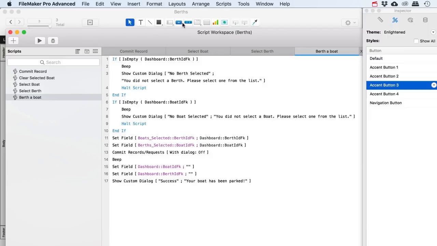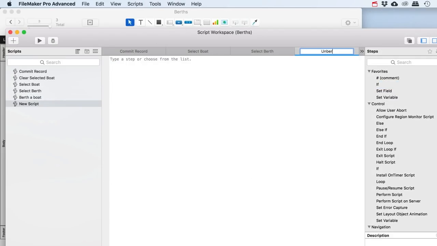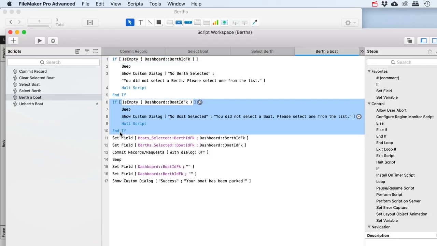So what needs to happen for that? Let's do a new script and do unberth boat. What I'm guessing is you're going to see a boat leaving, so you're going to search mostly for that boat name. But then you do need to empty both of those fields that we have filled in. So I'm going to say if my boat is empty, I'm going to copy this part to my